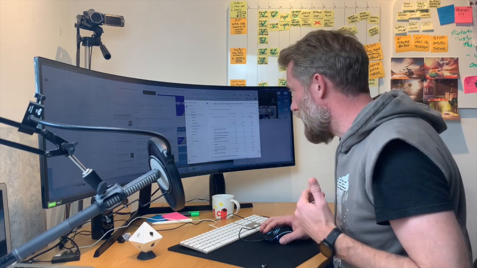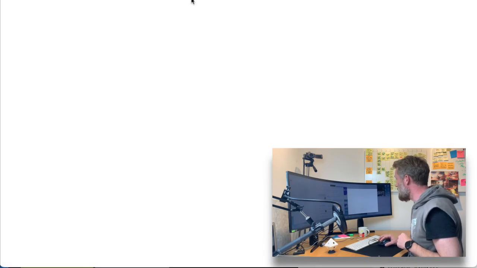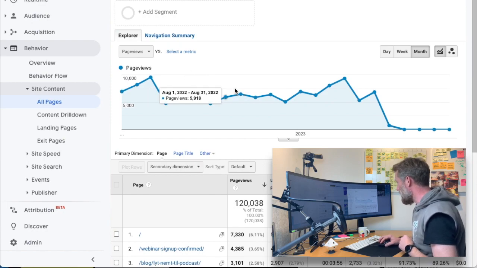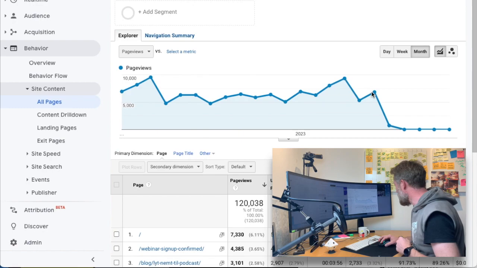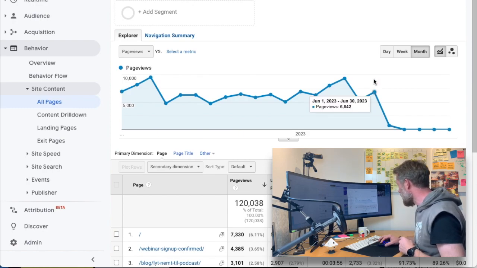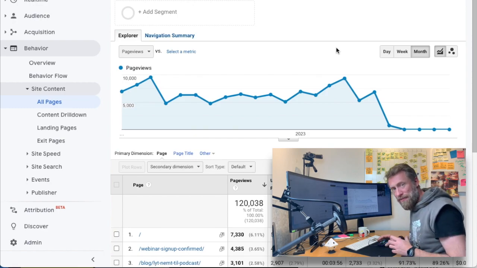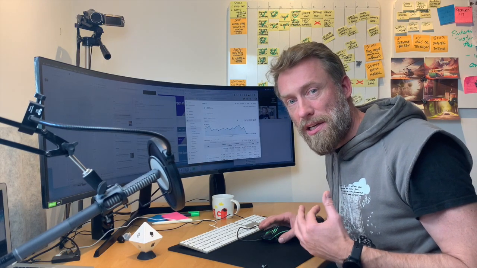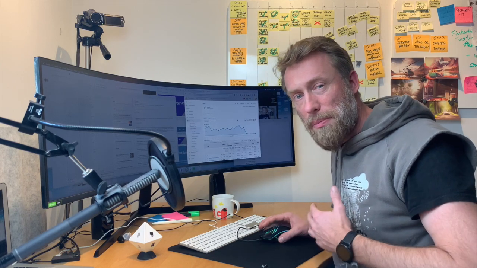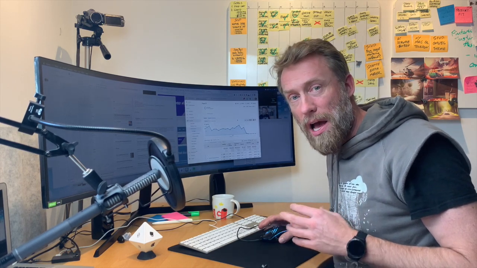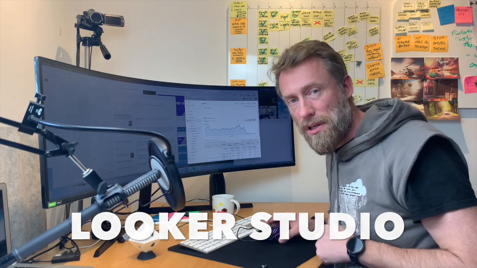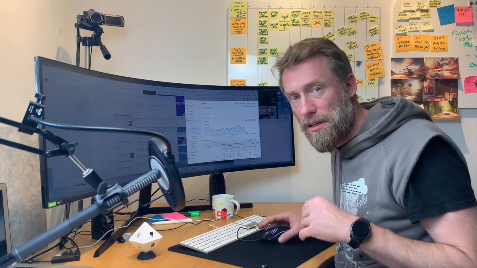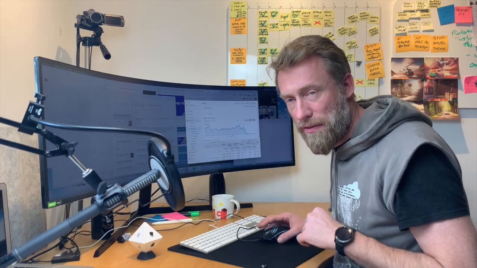And one bonus tip, we used to be able to have this pretty graph where we can have page views each month. This is where Universal Google Analytics stopped reporting, so that's why the dip is there. If you want to get this graph, we're not able to get that in Google Analytics 4, but I've made a guide on how to do that in what's called Google Looker Studio, and you can watch that video here if you want. There's also a link in the description where you can go and watch it afterwards.